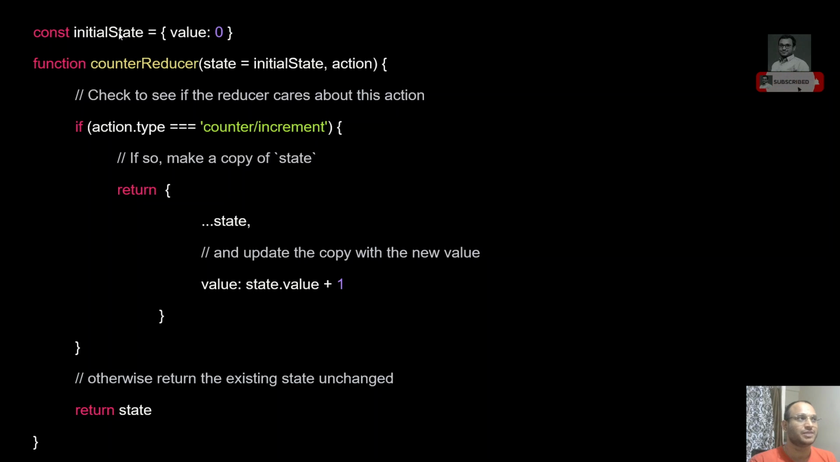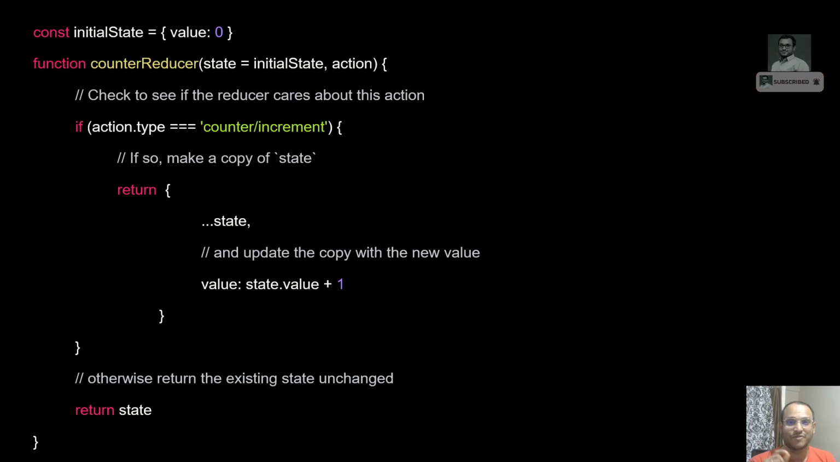Next is how a reducer function typically looks. Here you can see a constant initialState equal to a value, and a function counterReducer. This is the name of the function, so the name of the function is the name of the reducer, and it takes two arguments, state and action. Based on action.type, and as we learned previously, an action must have a type property,